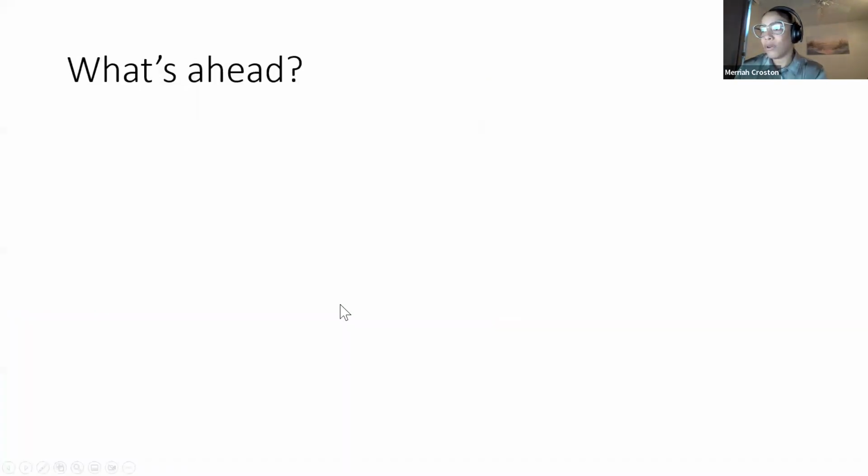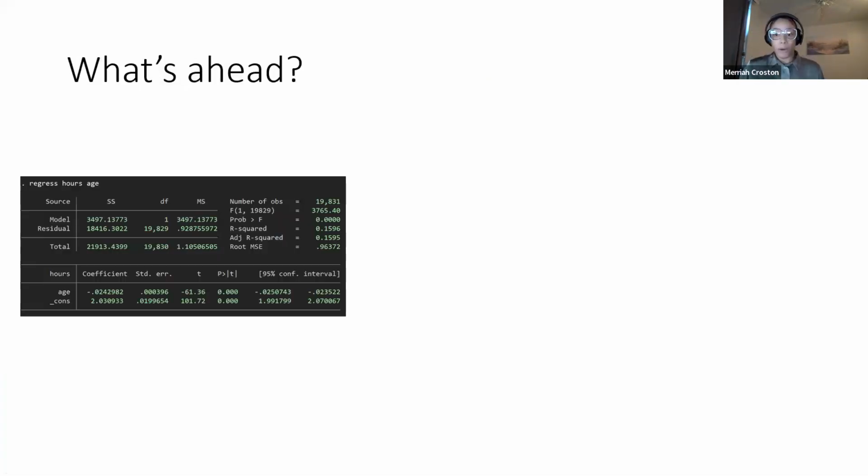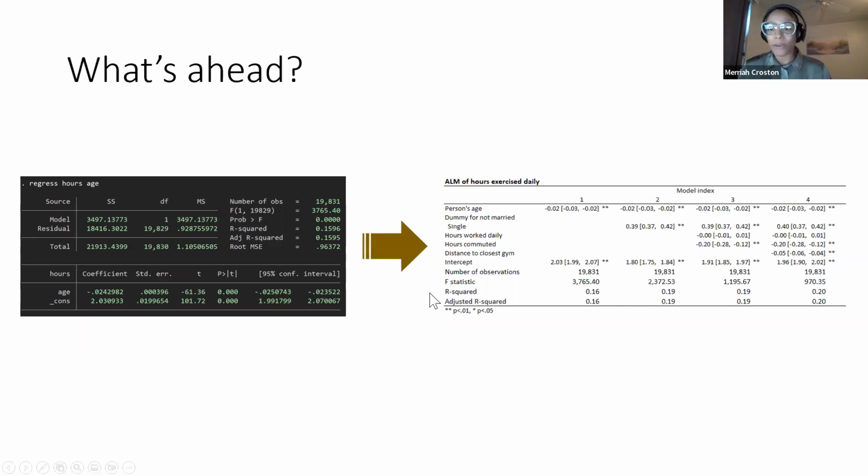And so where are we going from here? This is where we are. This is the display, the layout that we have. But how do we get from that to this? A table that you could submit for publication purposes, I think certainly would suffice for your homework assignments. And how do we do that in less than 10 lines of code? One of those lines is very long, but less than 10 lines of code, which is really exciting to me